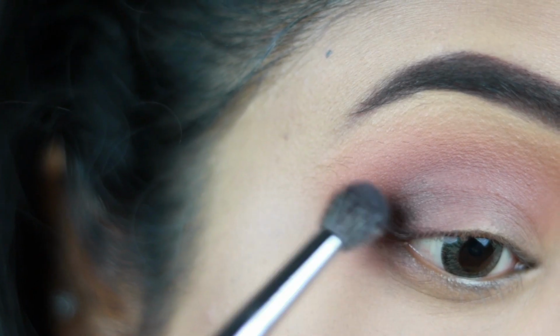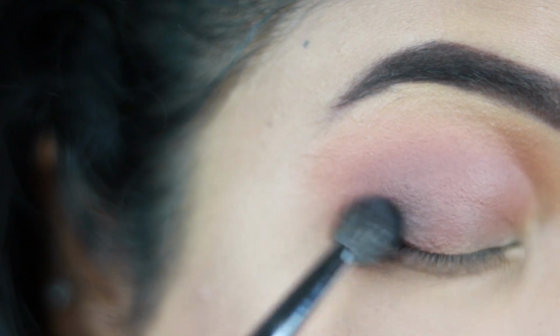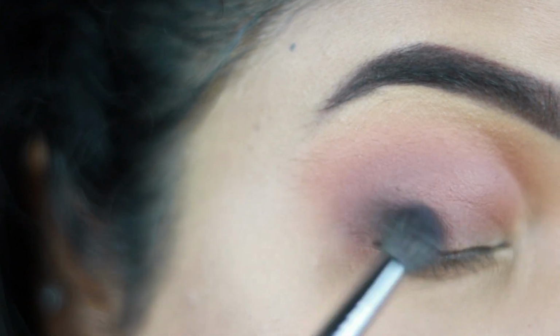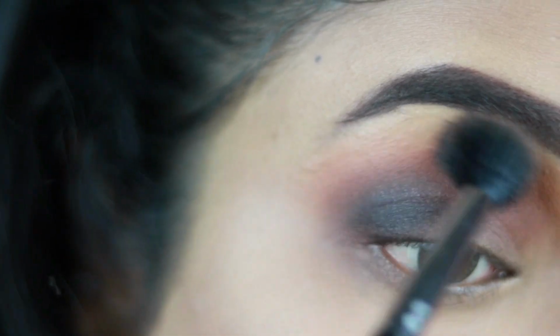And now going back to this black from the palette in a more precise crease brush, I'm gonna apply it right in the outer corner of my eye like this and not drag it too much. We'll be placing it over there and slowly in circular motions I'm going to blend it. Taking a fluffy blending brush, I'm going to blend out the edges so that everything looks nice and there is